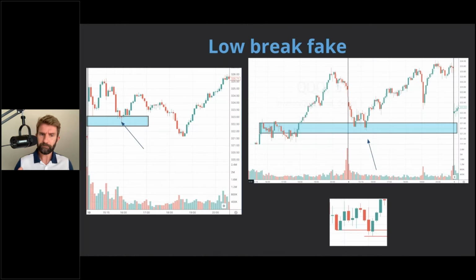Okay, so another one I wanted to include, which is a little bit tighter and cleaner. And if I'm honest, I prefer this to the ignition bar. Under certain circumstances, I like to wait for the ignition bar. If you're feeling counter-trend and you need to see some strength there, I can't just be buying this on lows. It's a little bit more trending than you'd like, not as rotational as you'd like. Then you might want to wait for that ignition bar and play that game. But a low break fake is a much better one that I prefer.